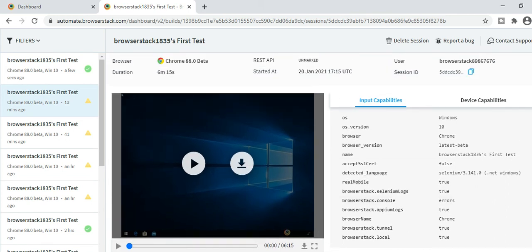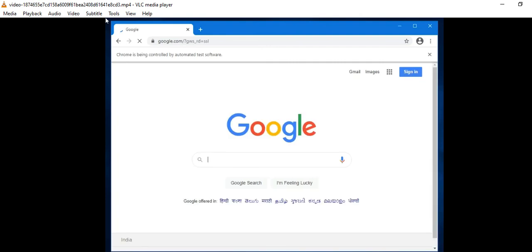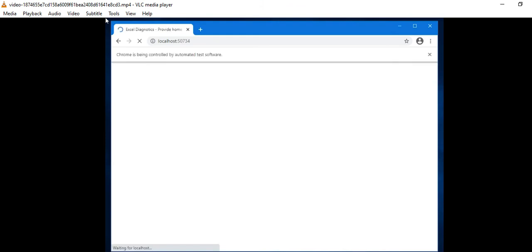See, the video has been created and uploaded on BrowserStack. I can play it over here and download it as well. I've already downloaded it for you, so let's play it. The first step, it will open Google. See, the second, it will open the localhost application, and then third, it will wait for some time because of this Thread.sleep.